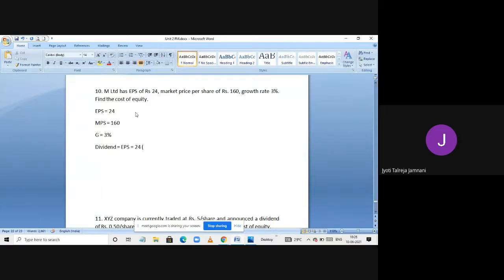Here if you want, you can write as payout ratio is not given. So if they don't give the payout ratio, what we do? We assume 100% total earnings are completely paid to equity shareholders. So we assume that full 24 rupees EPS is the dividend. So finding cost of equity. Dividend